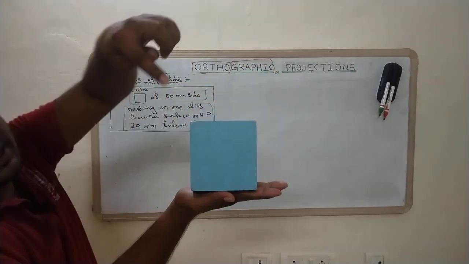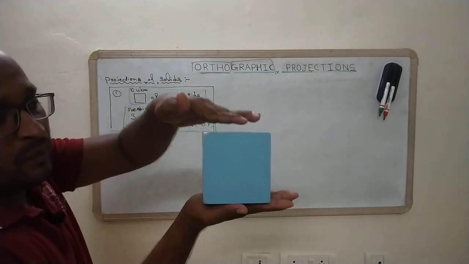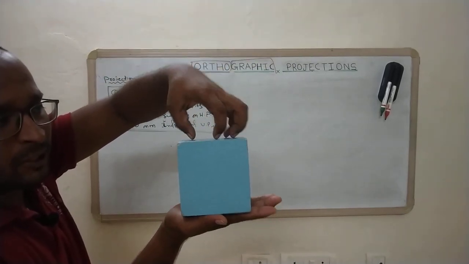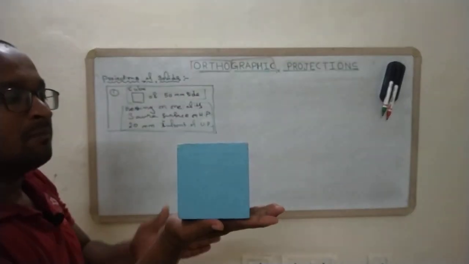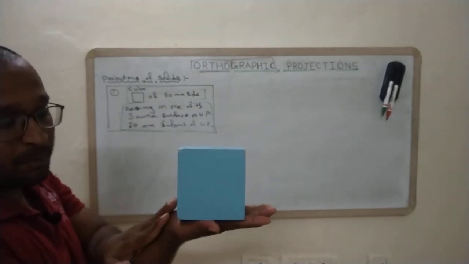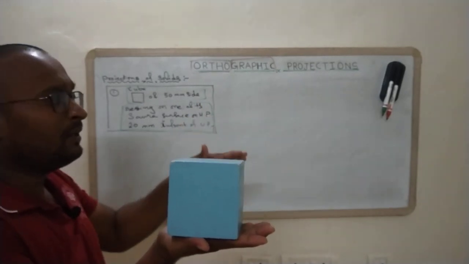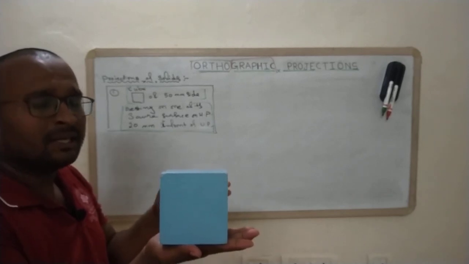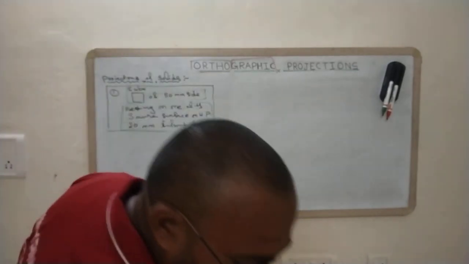When we see from the top view, it is a square surface. When we see from the front view and the top view, automatically we get a square of 50. But here it is resting with its base on HP and in front of VP is 20 mm, so the X solid distance will be 20 mm. In that scenario we have to solve the problem.